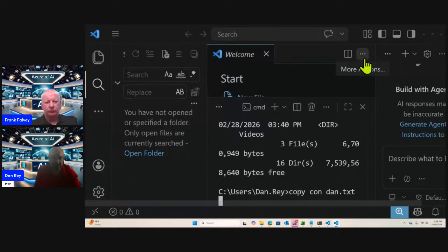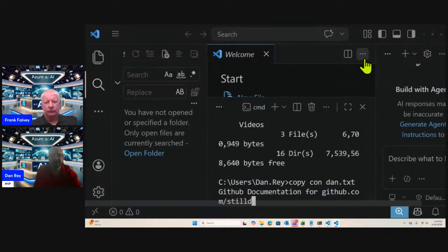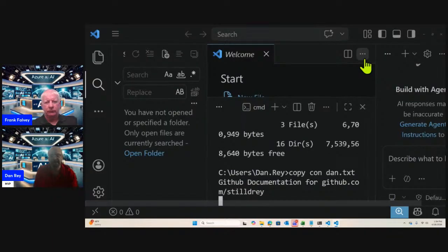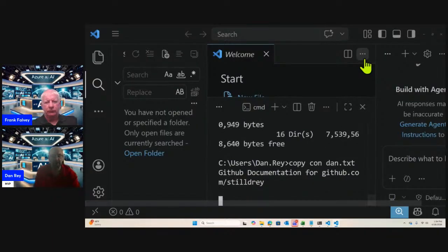So if I wanted to write GitHub documentation for github.com/stilldre, and I can just hit enter to create this text file,